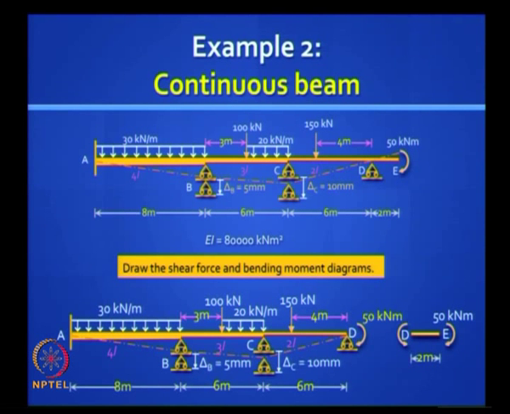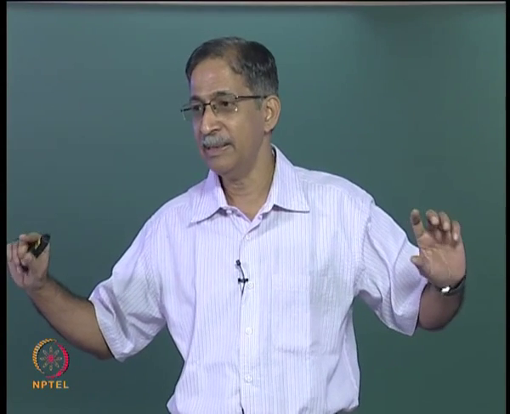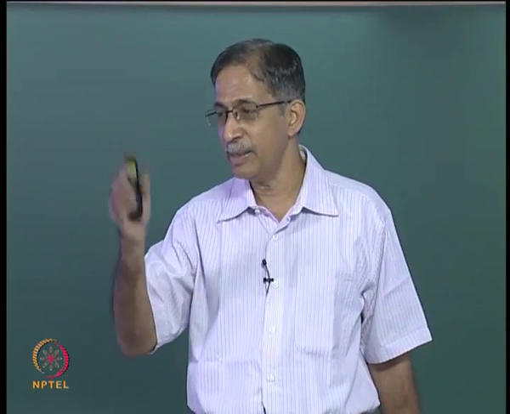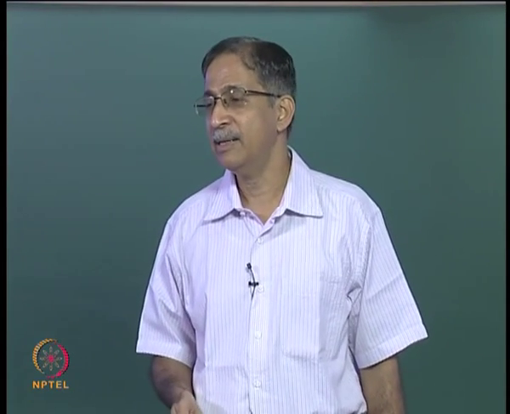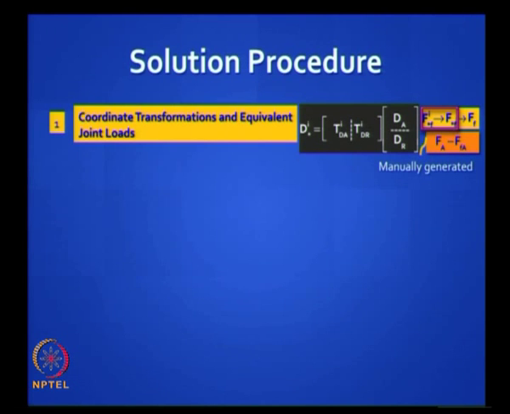So the procedure is quite clear. You have to do the coordinate transformation, write down your displacement transformation matrices. You have to figure out the fixed end force vector. You have to do this manually because you have a problem in the reduced element stiffness method, because you do not have a constant fixed end moment, it can change. So you have to do it manually. You have to get the net resultant force vector Fa by FFA.